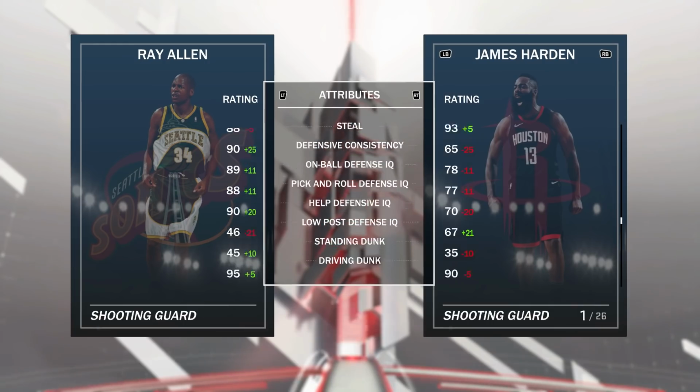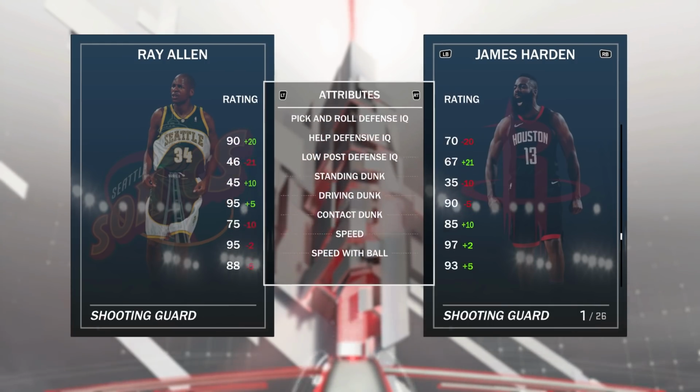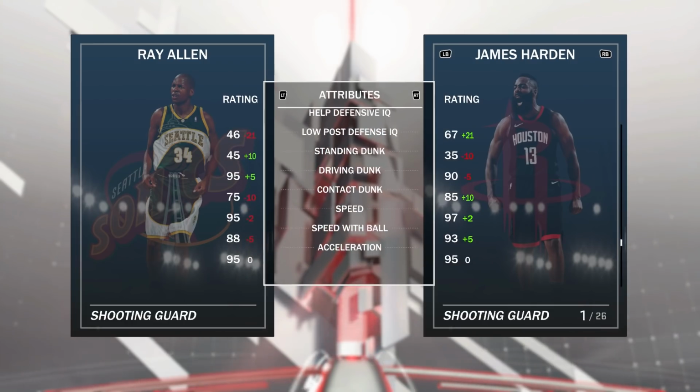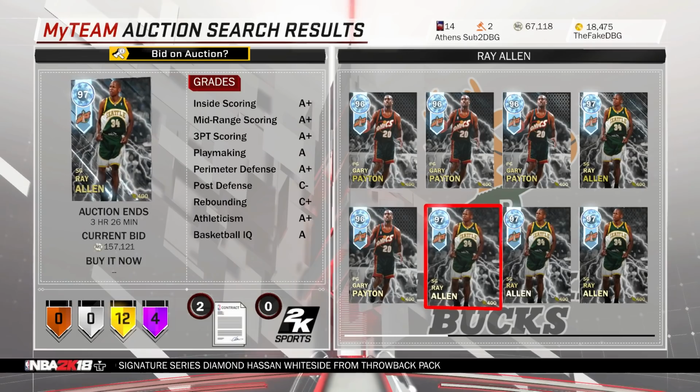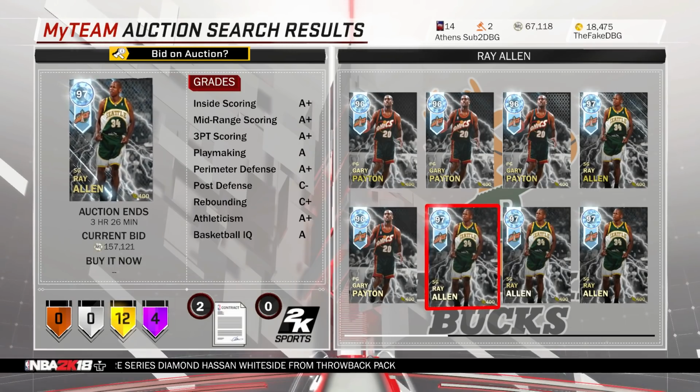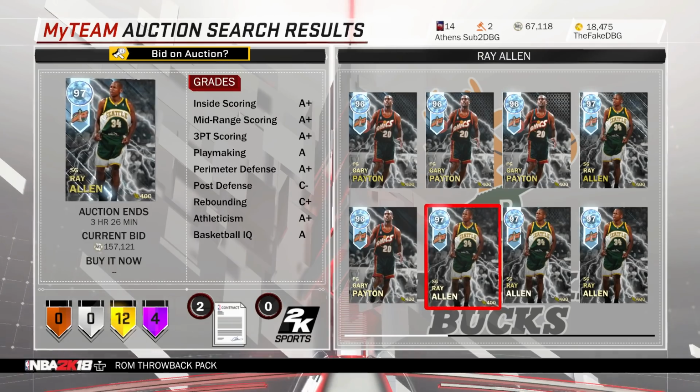He has got 89 on ball defensive IQ. He's got a steal of 88, which is alright. He's also got a 95 driving dunk and 95 speed, 89 speed with ball, 95 acceleration. So this guy's probably the best shooting guard in my team right now, but I have a feeling he's probably going to go for about 300k MT. 300k is probably my prediction for what this card is going to go for, and I'm going to say not